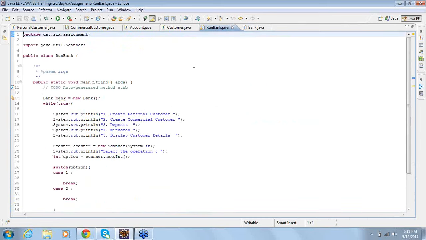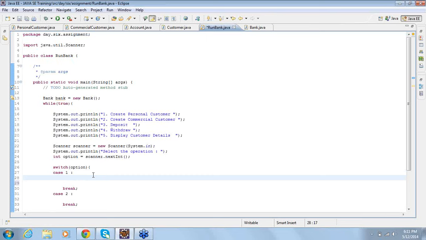Then there was a run bank. So we were talking about this. How do I create a personal customer and commercial customer?